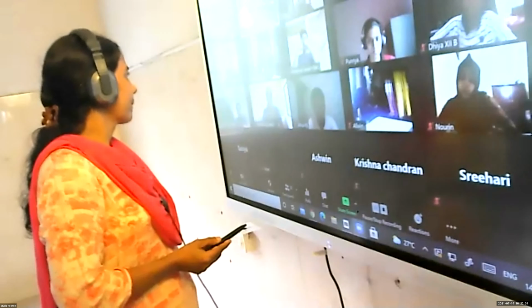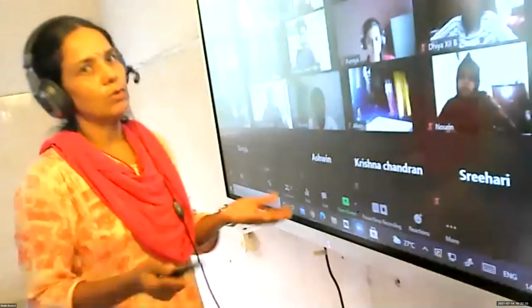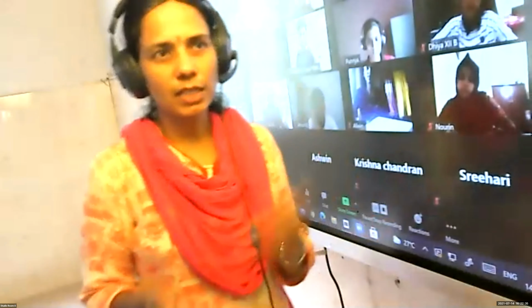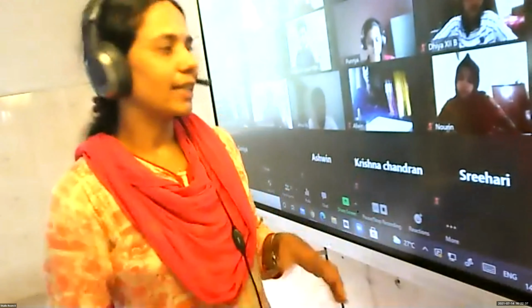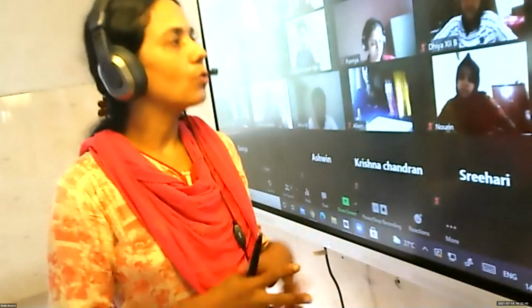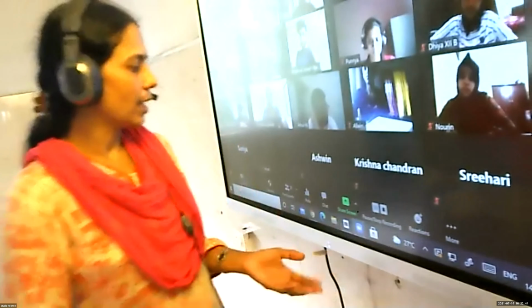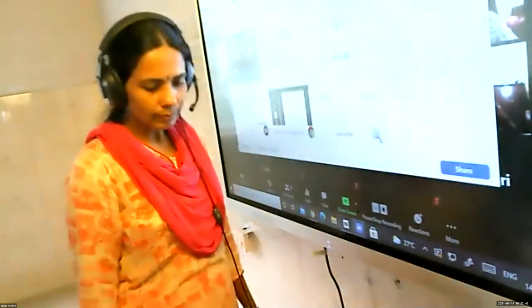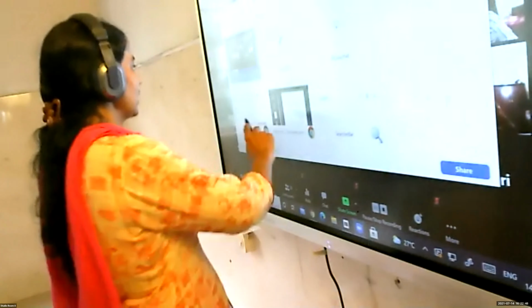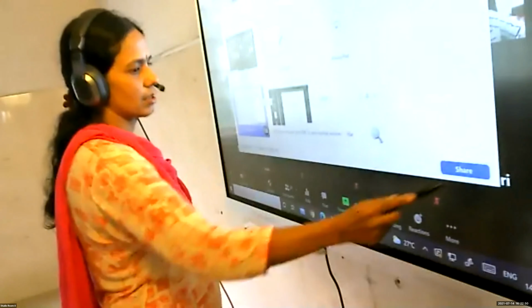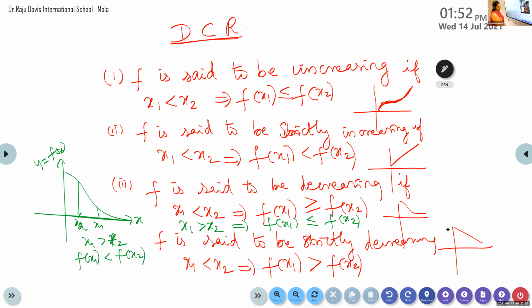Shivani? Okay, so till now we have been checking whether the function is increasing or decreasing from the graph. How to find it using the derivative? That's what we are going to learn. So write the heading: Conditions for increasing or decreasing functions. How are we going to find the conditions for increasing or decreasing functions.